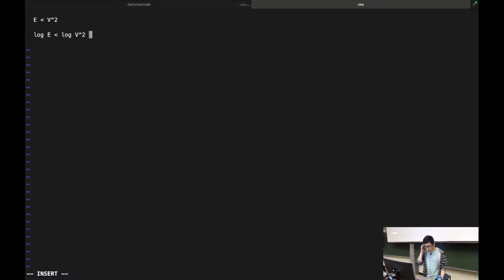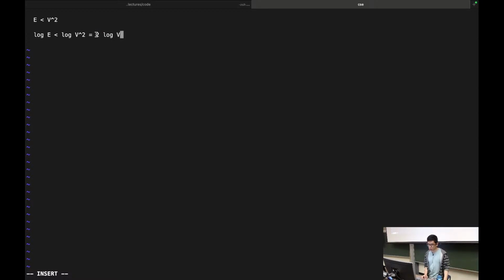And because of log laws, we know that log of V squared is 2 times log V. When you have a log of something to the power of something else, you can bring the power down